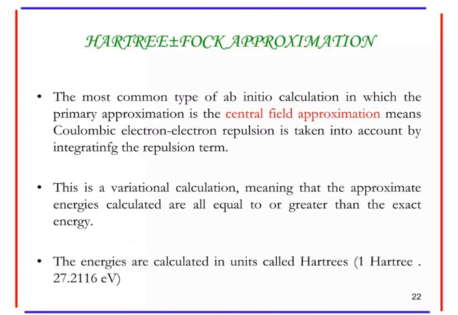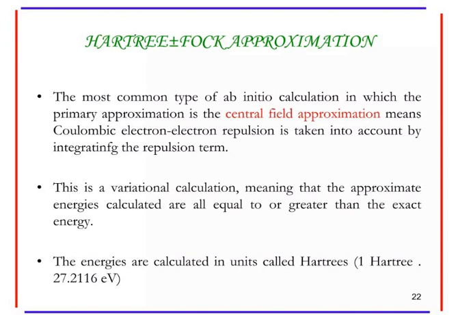Now, the Hartree-Fock approximation, what is that? It is the most common type of ab initio calculation, in which the primary approximation is the central field approximation, meaning Coulombic electron-electron repulsion is taken into account by integrating the repulsion term. This is a variational calculation, meaning that the approximate energies calculated are all equal to or greater than the exact energy. The energies are calculated in units called Hartree. One Hartree is equal to